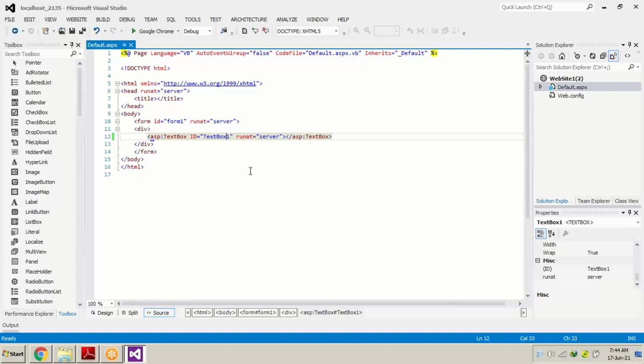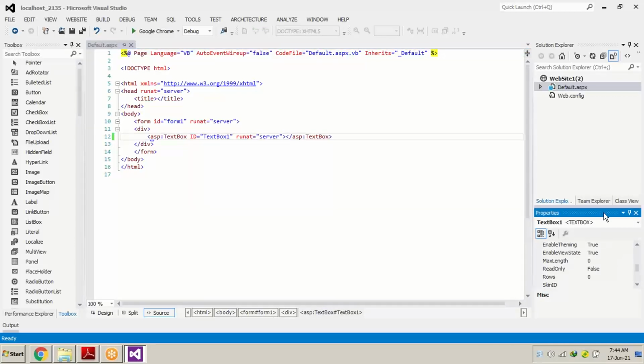We can change the height, the color, the size, and the position also. These are called properties of this particular control. As you click on any control, this time I'm using one control, I will be adding more and more controls slowly as we proceed through the sessions. When you click on TextBox1, at the bottom right corner you can see the TextBox1 properties over here.